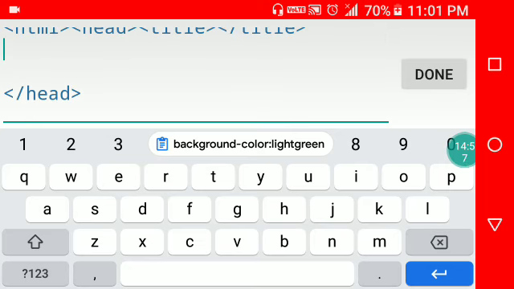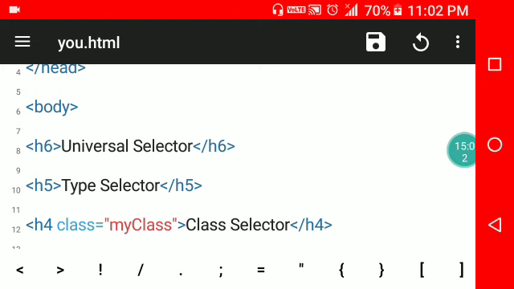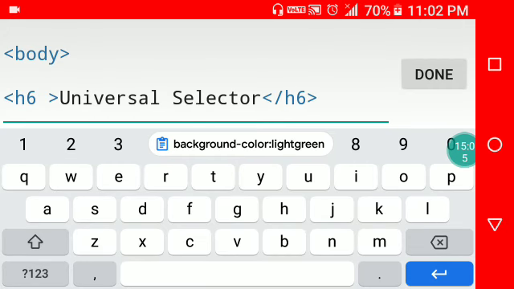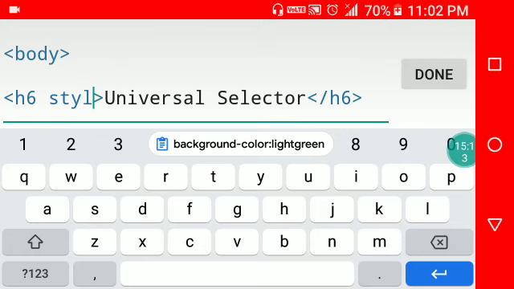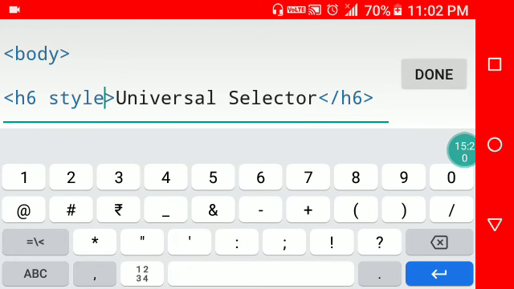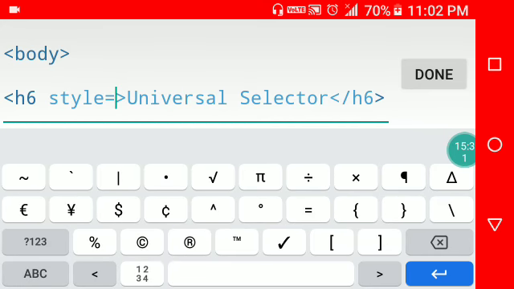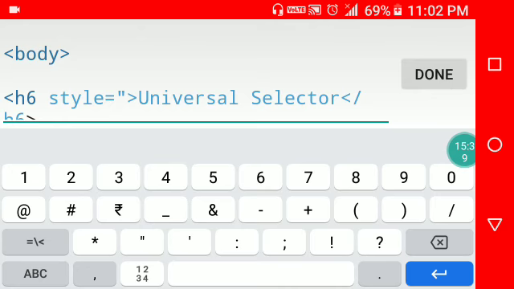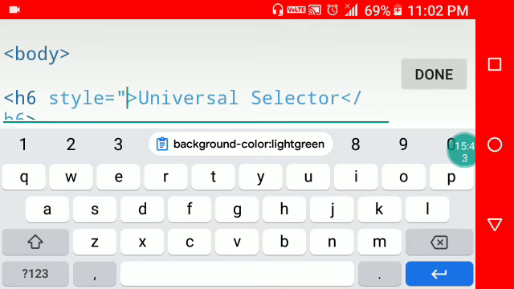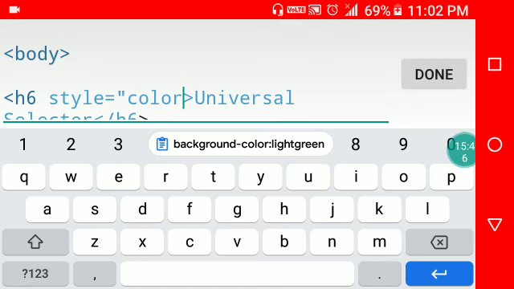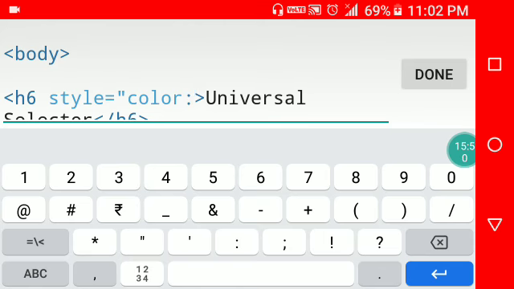Suppose you want to set an inline style in an element tag, so you will write style, then an equal sign and the property. Use double quotes, write the property name, suppose color, colon, name of the color.